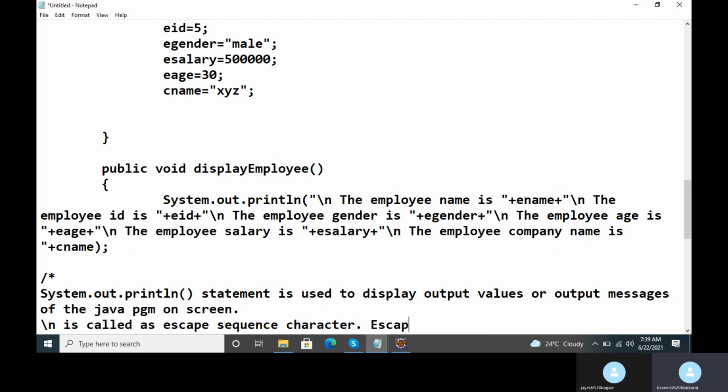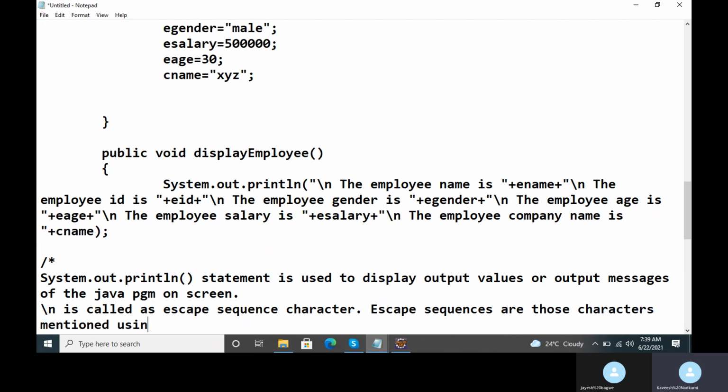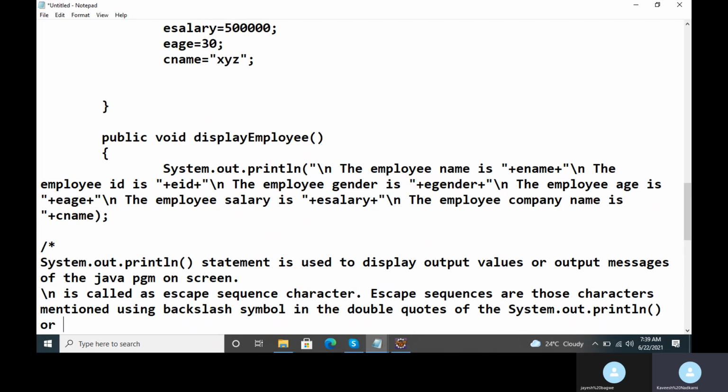The escape sequences are those characters mentioned using the \ symbol in the double quotes of the System.out.println statement or the System.out.print statements.